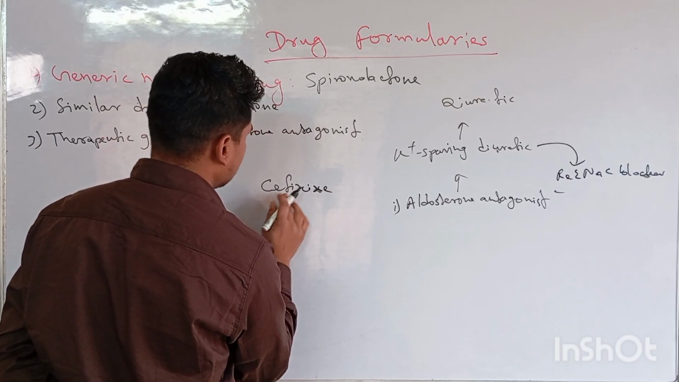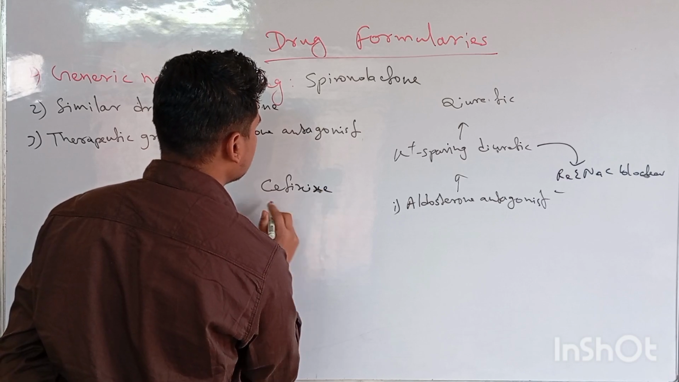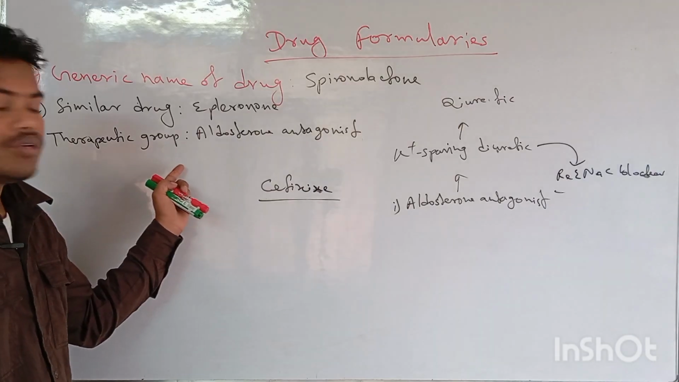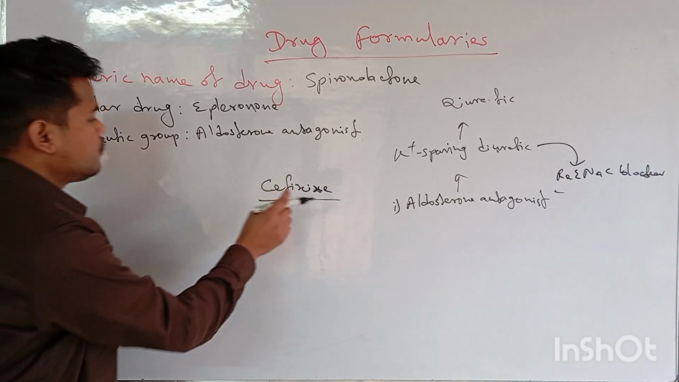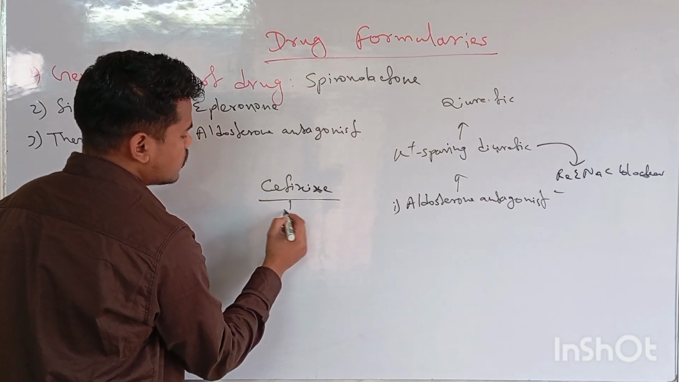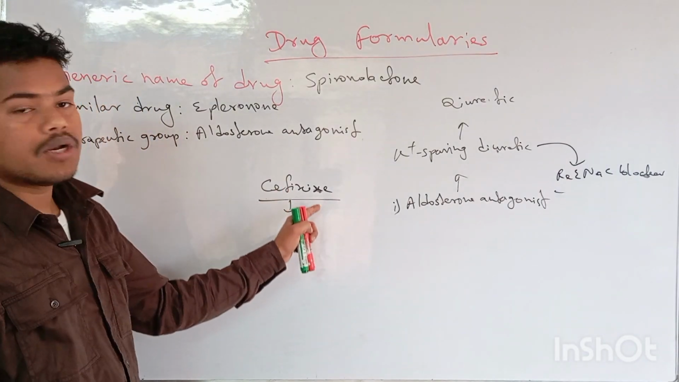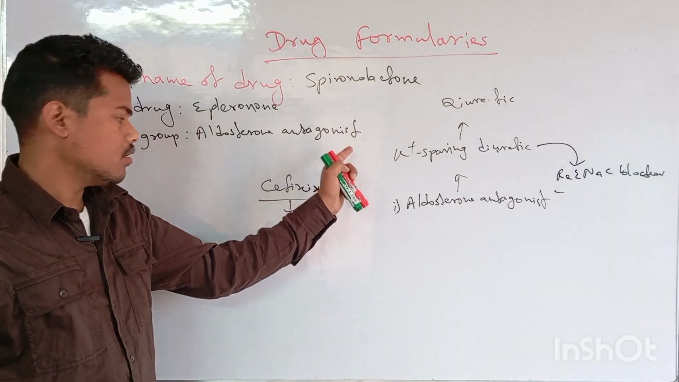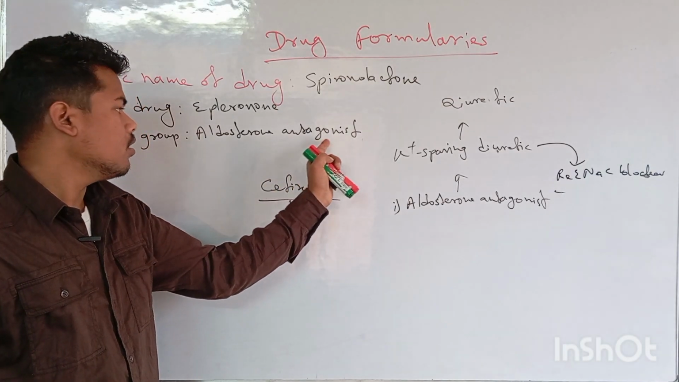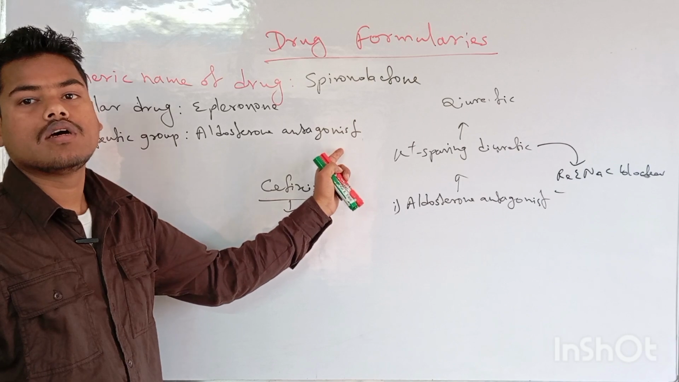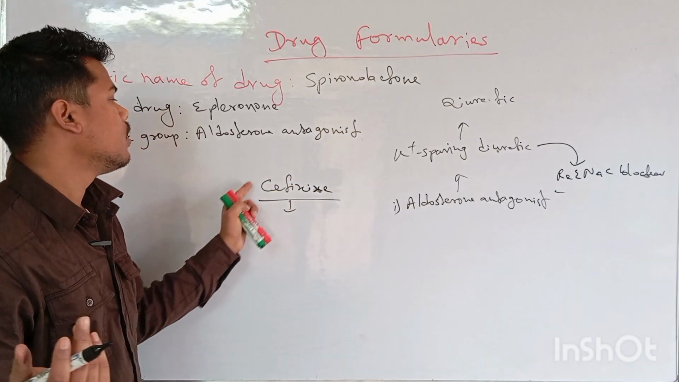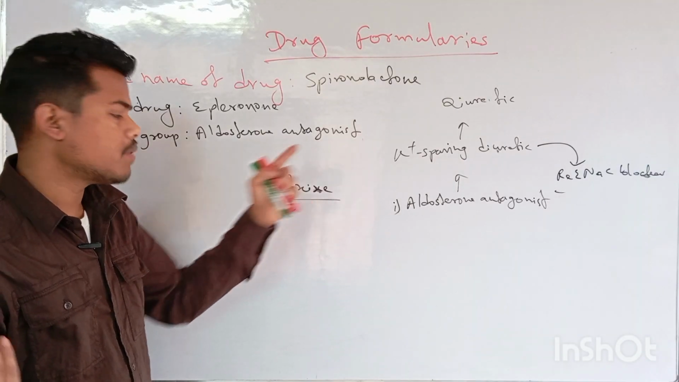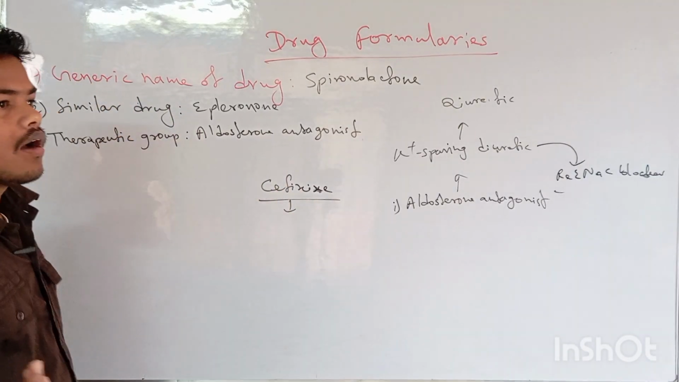Cefixime, while writing the therapeutic group, this is a third generation cephalosporin. So here you should write cefixime, third generation cephalosporin, or even if you don't know the generation, at least you should know cephalosporin. Like I mentioned here,